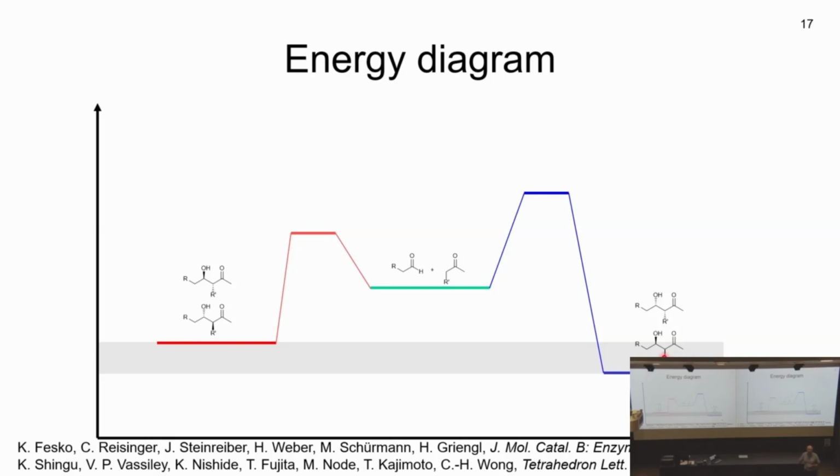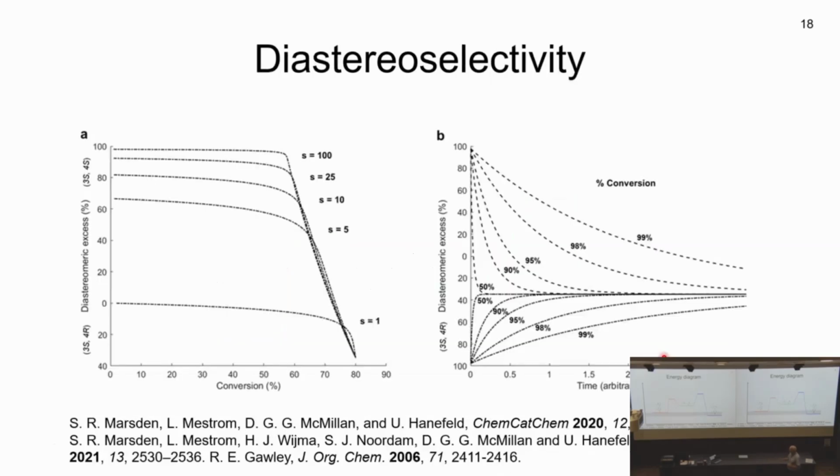So overall, your diastereoselectivity is actually determined by thermodynamics and not by the selectivity of the enzyme. And you only see the selectivity in the initial stage. So what you basically have is that this is your thermodynamic distribution of the diastereoisomers, and your enzyme might be initially selective for one of them, but over the time it always goes to equilibrium. And that is what we observed for these enzymes.